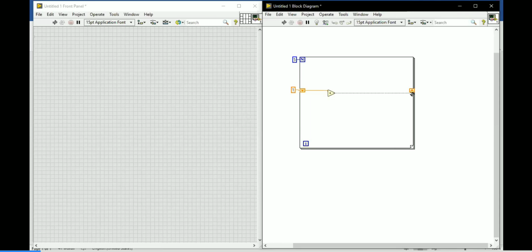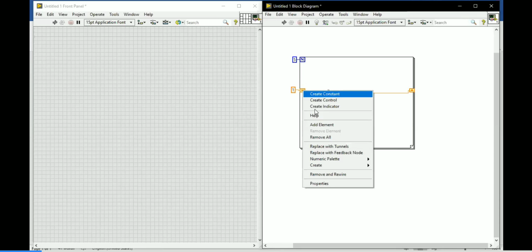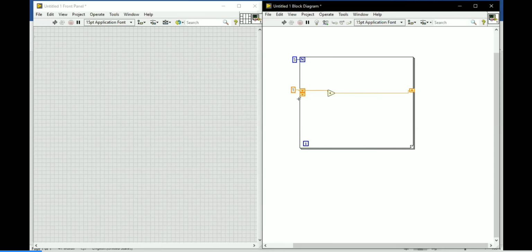I'm not going to take a new shift register, I am going to take a stacked shift register. Right click on that left shift register, go for add element, and you will get a stacked shift register. The initial value of this one is also 1, so both are 1, and if both are added we will get the answer.